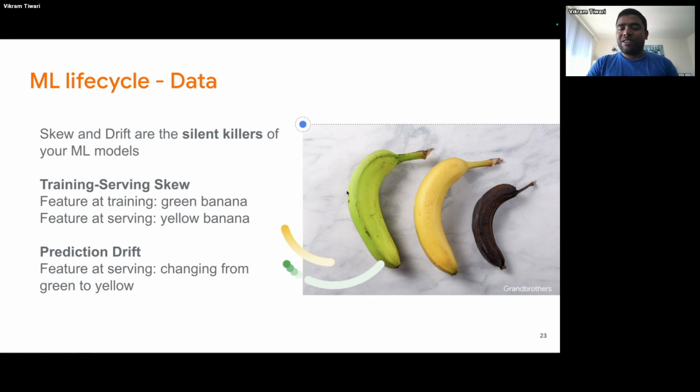That's called training-serving skew, where the training time had the banana in green, but in the serving time, when people are trying to actually use the model, the banana is actually yellow. And then prediction drift is happening, going from green to yellow. The prediction does not change. Prediction stays on green. Another example, in a much larger sense, would be when we segment a population into different age groups. Over time, if you don't update your models, the things that the 18 to 25 group were interested in are suddenly now what the 25 to 35 group is interested in, because people have moved on, people have aged, and they are now in a different age group.